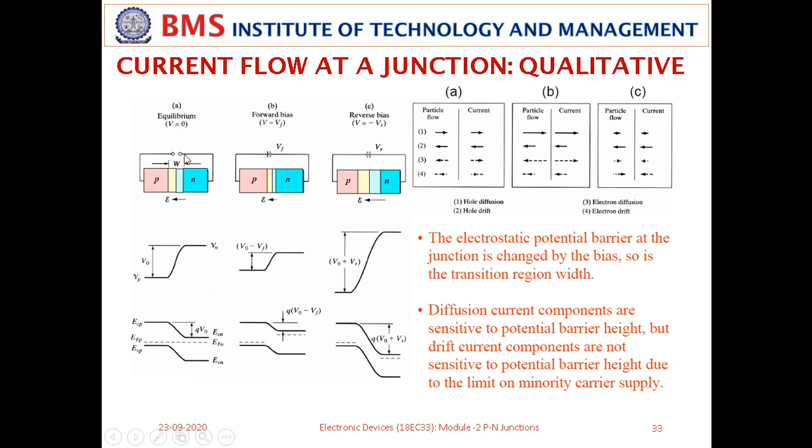As you can see, we have kept an open circuit, and under this you can see the potential graph here, the built-in potential. The built-in potential under equilibrium condition is V naught, and you can look at the energy bands here. The Fermi level is a straight line, and due to the built-in potential barrier, the height of this barrier in terms of electron volts is q times V naught. On the P side we have ECP, the conduction band energy level, EVP, the valence band energy level, and the Fermi level EFP.